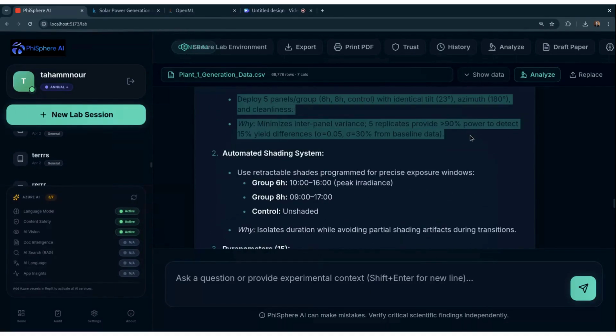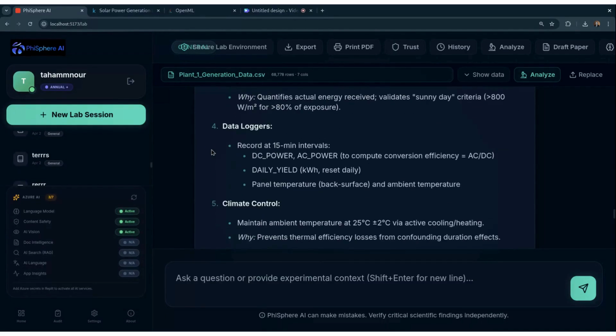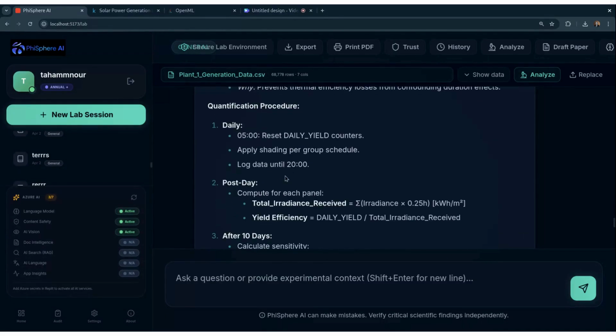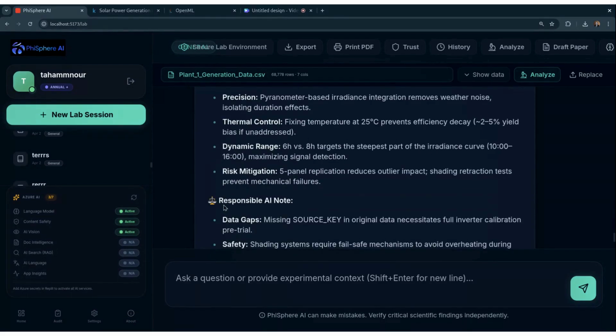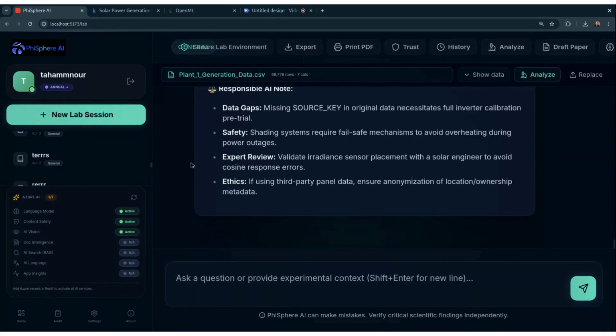After that, the system generates a full outline of the paper, including the introduction, methodology summary, results, discussion, and conclusion. Each section is not just text generation, it is directly grounded in the data